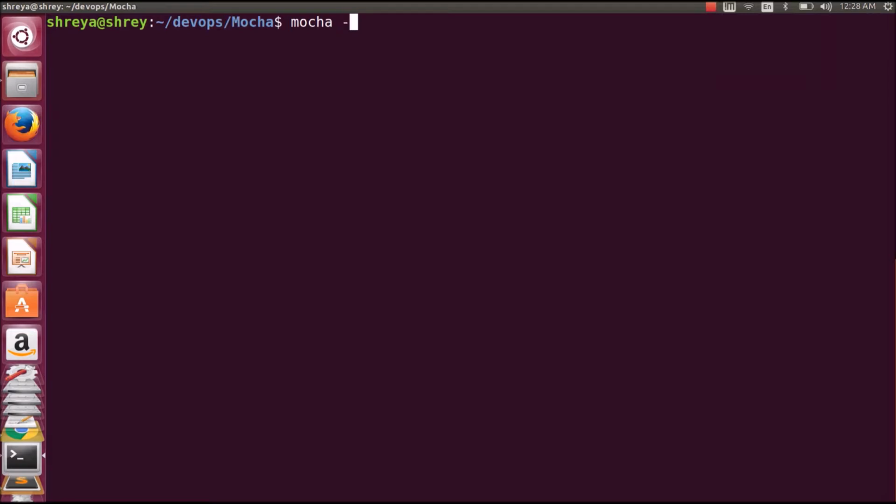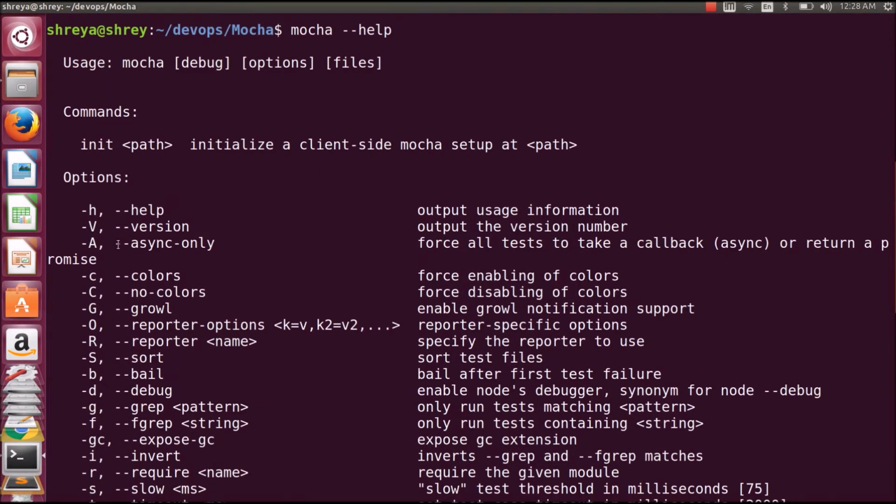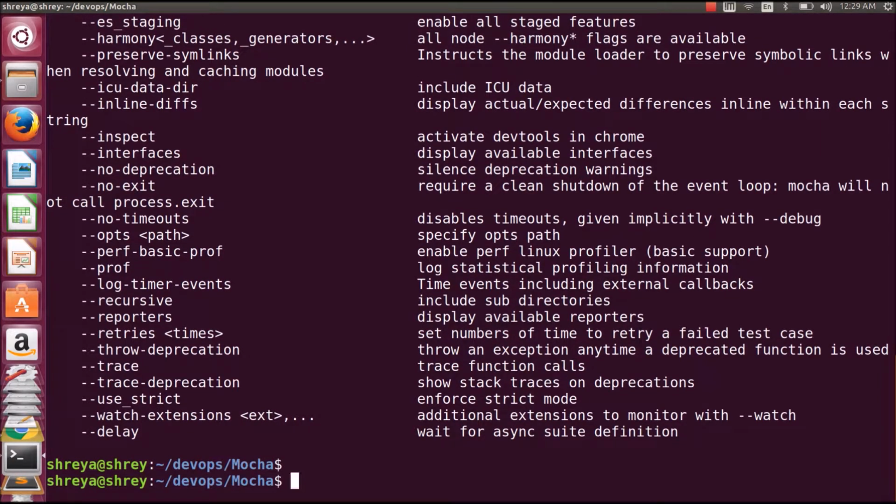Now if you run mocha help, we can see various commands and options that we can use with the Mocha tool. But if you want to use multiple options, then it is not efficient to write them all in one command line. So we can create a file called mocha.opts and mention all the options that we are going to use in that file. So let us create this file